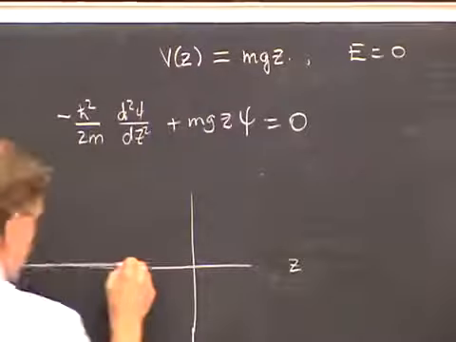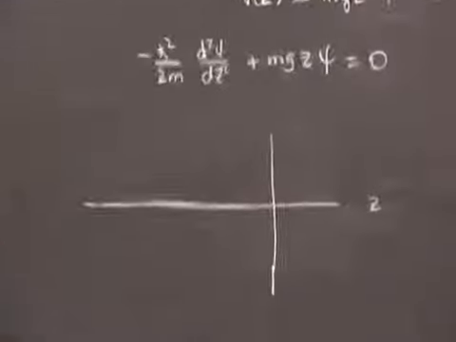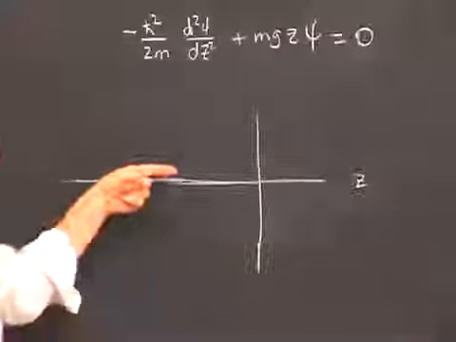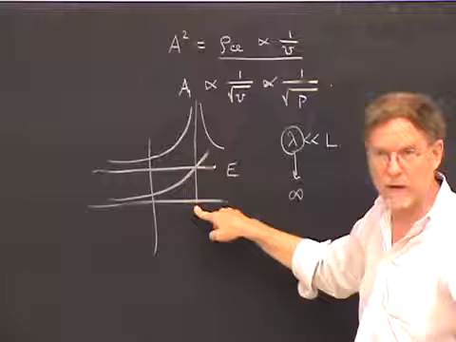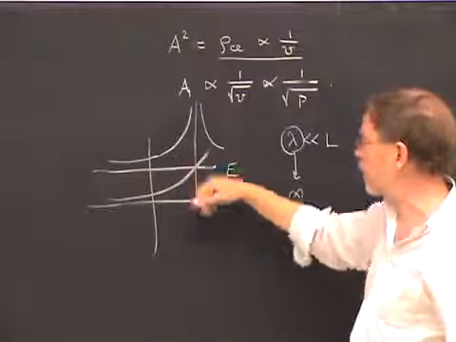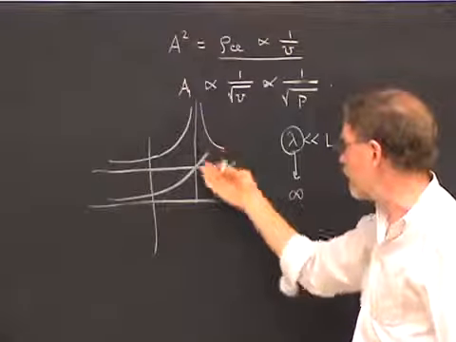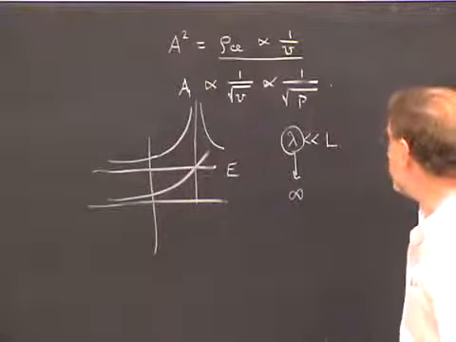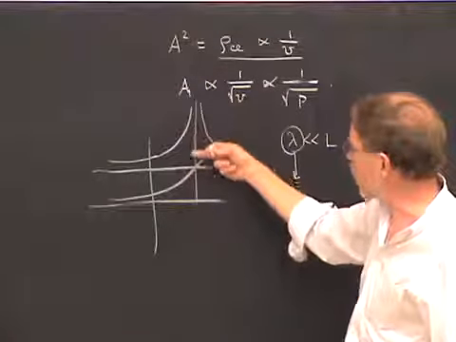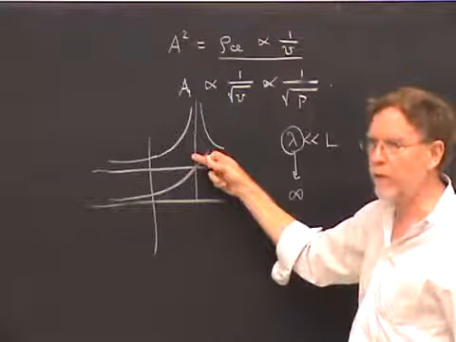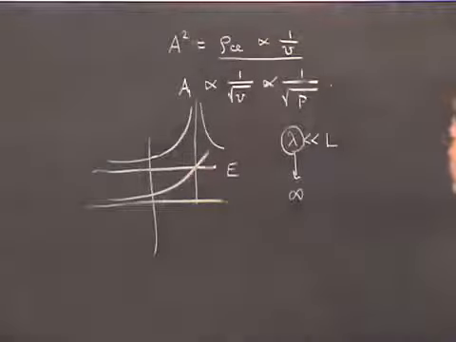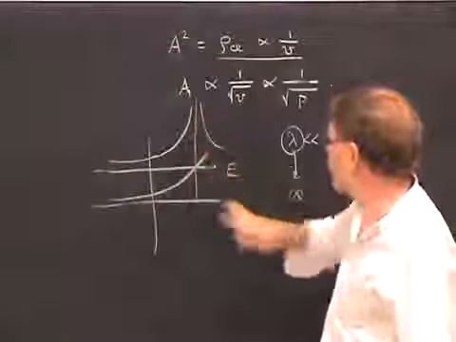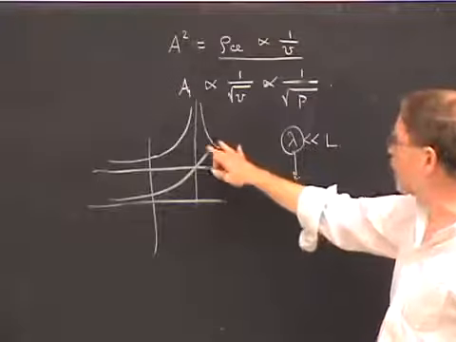So here's the z-axis, and so you imagine the particle is climbing in a gravitational field. The total energy is 0, so it reaches a turning point at z equals 0. And as you'd expect, since it's a probability that you can, for an oscillator, a bound state system, you can normalize. And that means the amplitude actually goes as 1 over the distance to the 1/4 power from the turning point itself. But they diverge, and so there's a question about what does the real wave function look